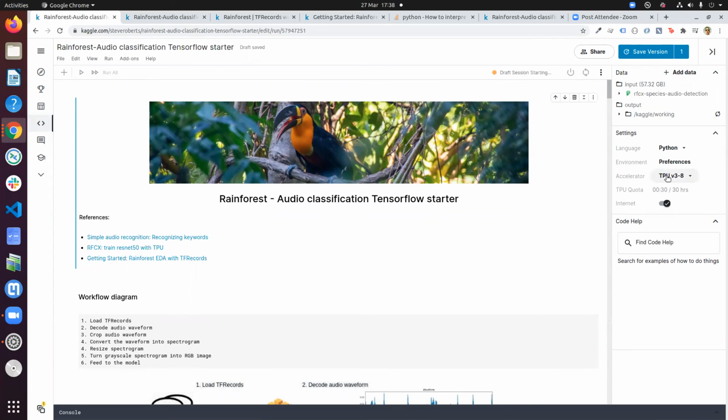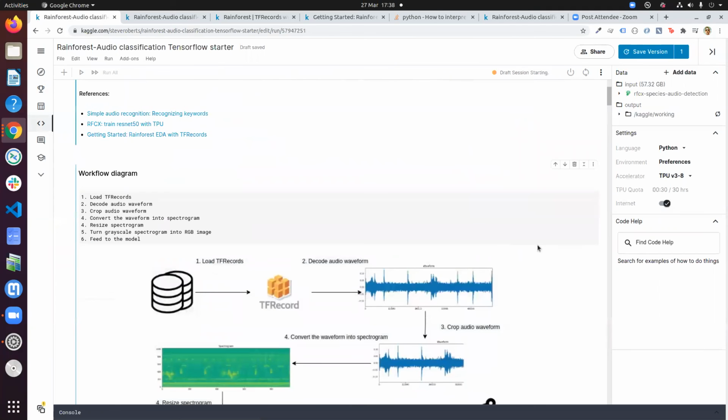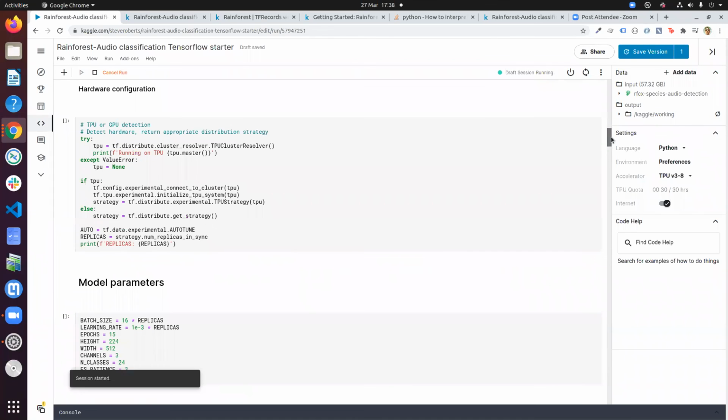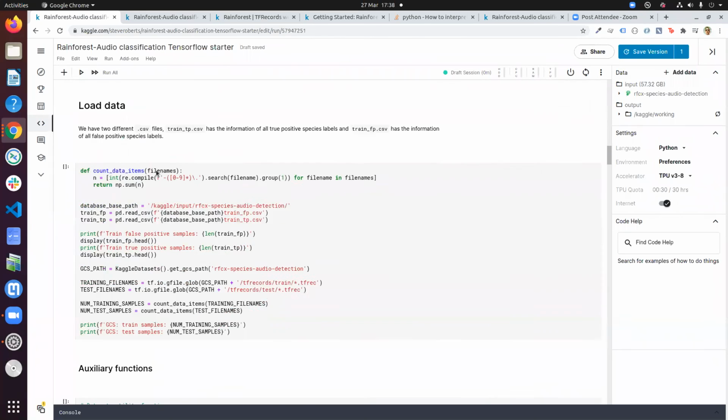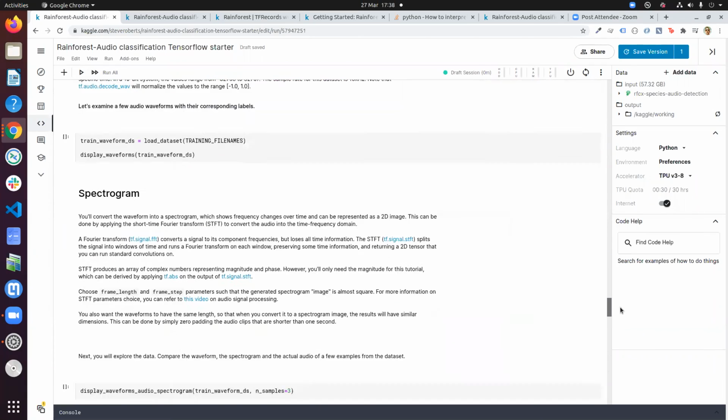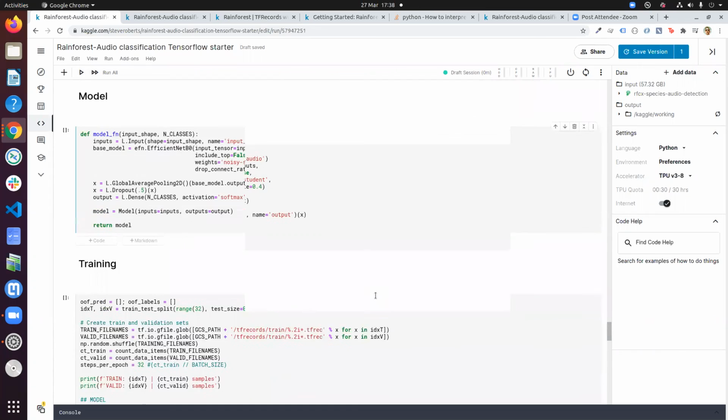This notebook's a TPU thing, and in here it's using TensorFlow records, which are set up for running on TPUs. If you use Keras, it's really easy to use the TPUs. This bit of code here just detects if you've got the TPU on and sets it up for you. Then down the bottom, when it actually comes to train the model,